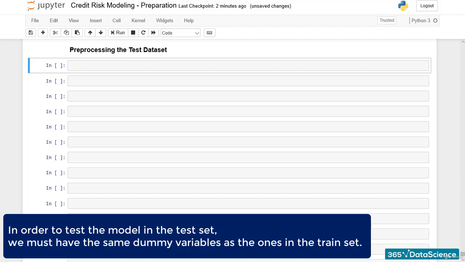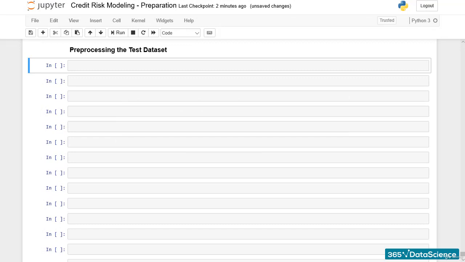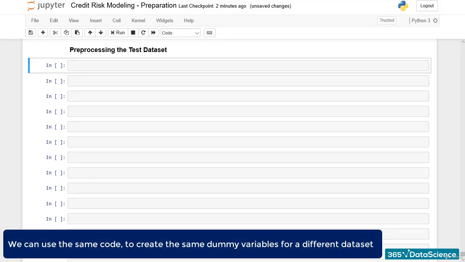Fortunately, we can easily use the code we've written for the train set. As you can probably remember, in the beginning, before we started exploring and pre-processing the data, we assigned the train data frame to a new working data frame. That is, we assigned df_inputs_prepr to be equal to loan_data_inputs_train. From then on, we worked with the df_inputs_prepr to assess weight of evidence by variable and to create dummy variables based on our assessment. When we finished this task, the df_inputs_prepr data frame contained all the old data and the newly created corresponding dummy variables. So that means we can use the same code to create the same dummy variables for the